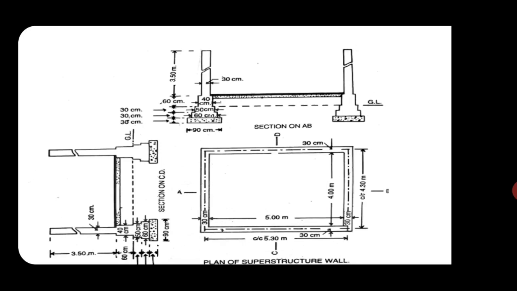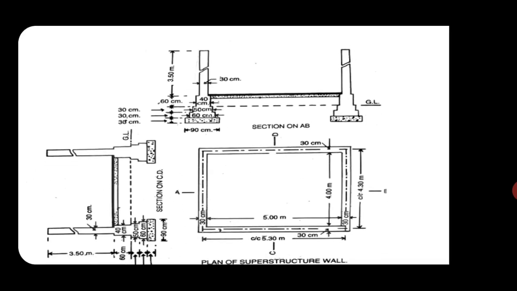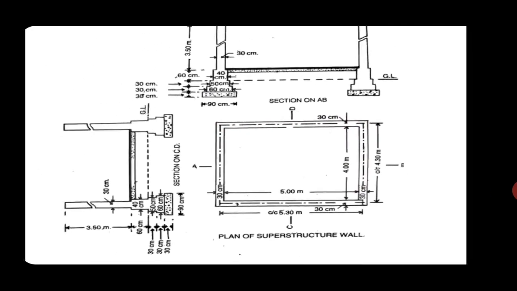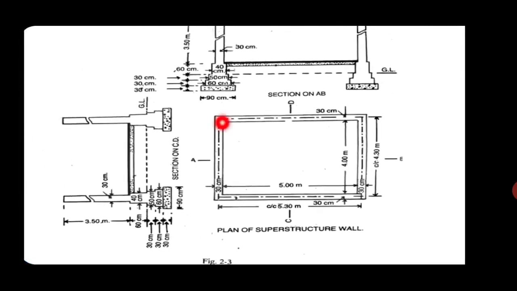So for calculation of the length of this work, similarly we will have to draw the plan at the superstructure. So see, this plan is at the window sill level. Generally the plan is drawn at the level of window sill. So this can be taken for consideration of brickwork in superstructure. So see, this wall has a thickness of 30 centimeter on all sides along the long wall as well as the short wall. Center to center length will remain the same, as we know, 5.3 and 4.3.